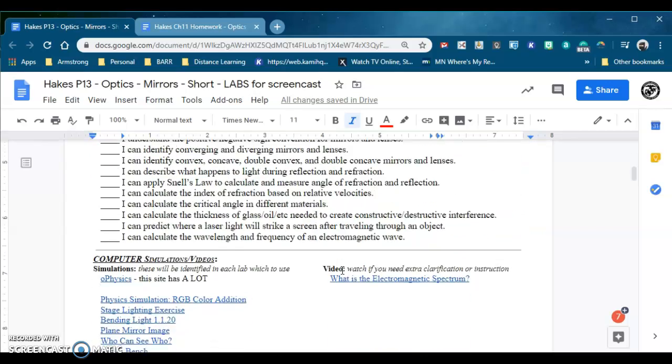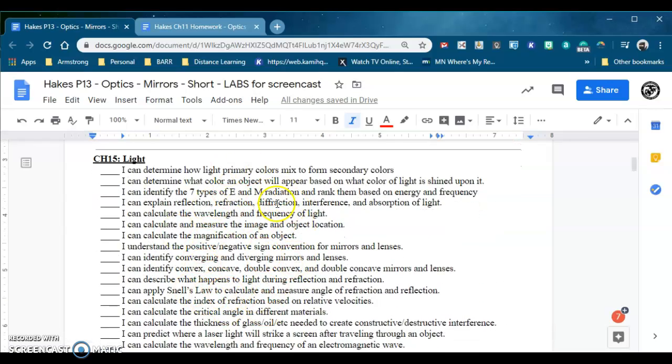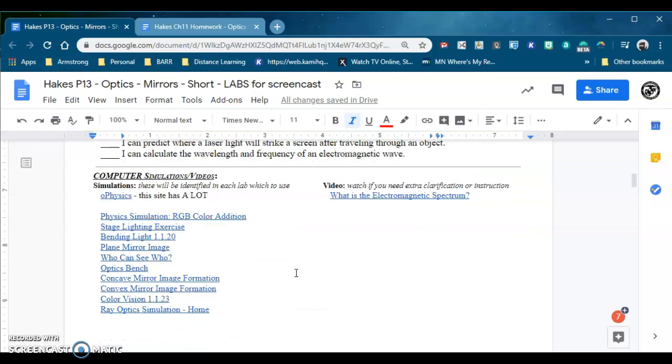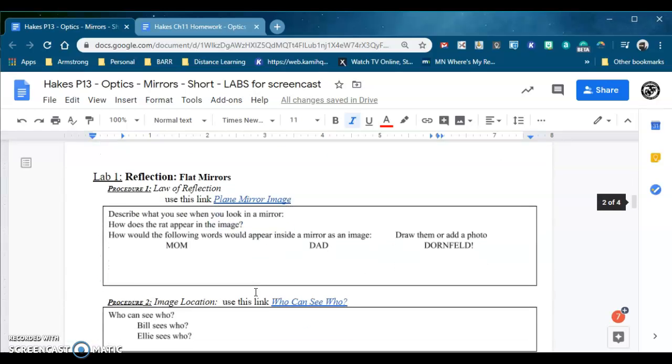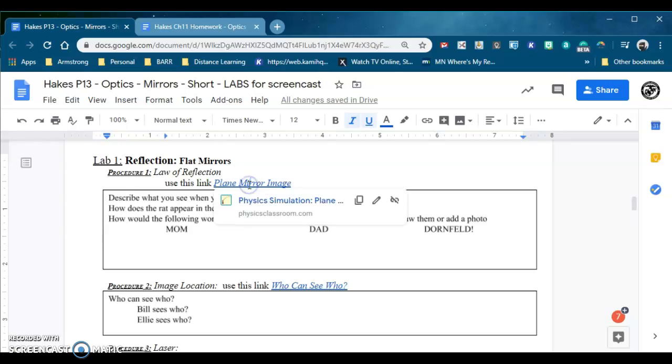Okay, so now if we scroll down here, again, this is the checklist for this chapter, it's everything, not just for this set of labs. Here's a bunch of computer simulations. And then here is our first one. So reflection on a flat mirror. This is probably the one you guys are most familiar with. If you have mirrors in your house, bathroom mirror, things like that, it's a flat mirror. So if we click the link here,